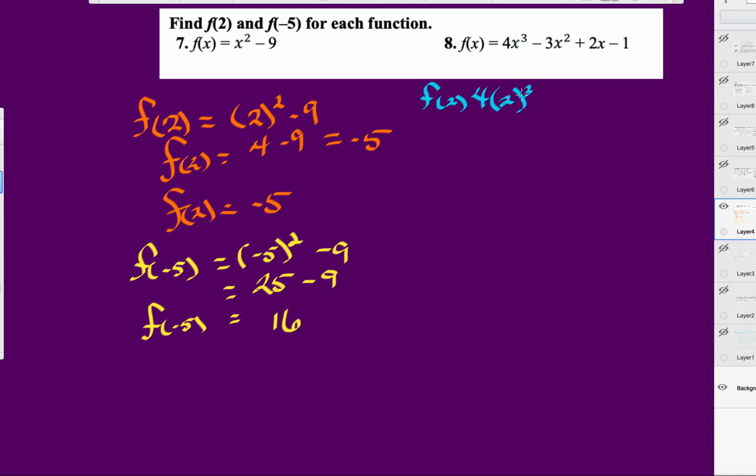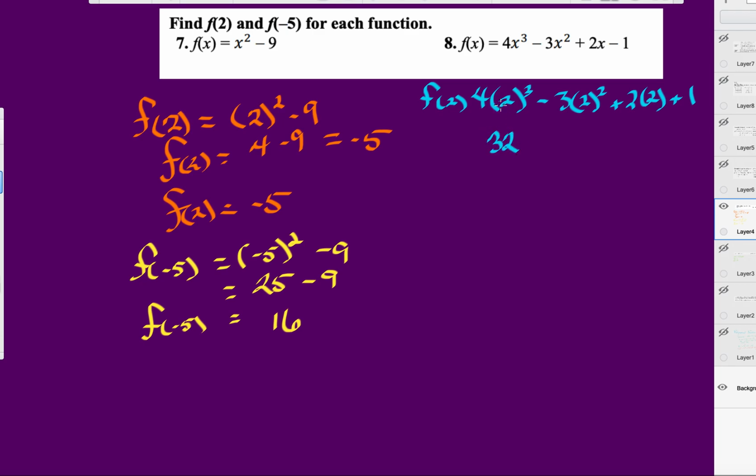The exponent only refers to the variable, so we would only be cubing the 2 and then multiplying by 4. Write the exponent first and then the multiplication. Minus 3 times 2 squared, and then plus 2 times 2, and plus 1. So if we evaluate this, 2 cubed is 8. 8 times 4 is